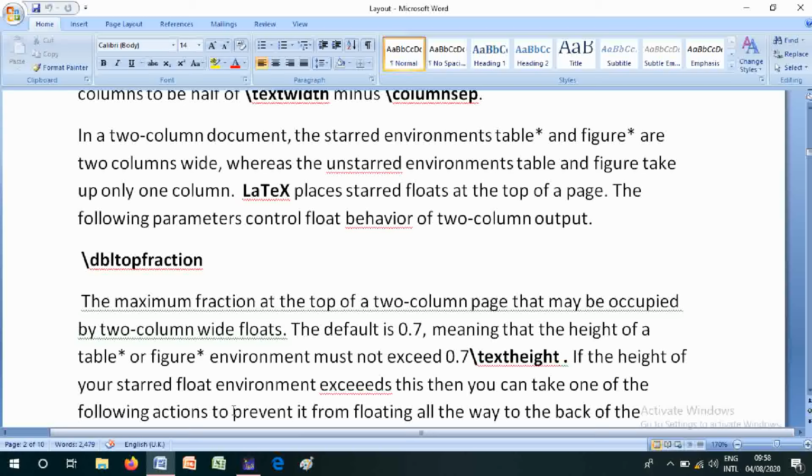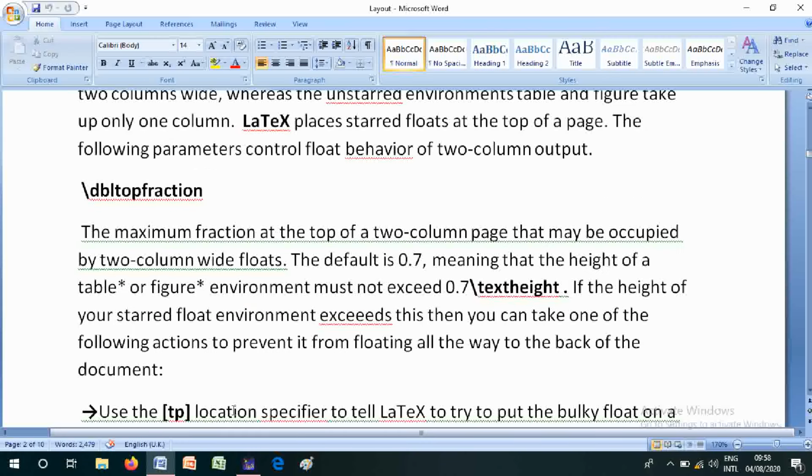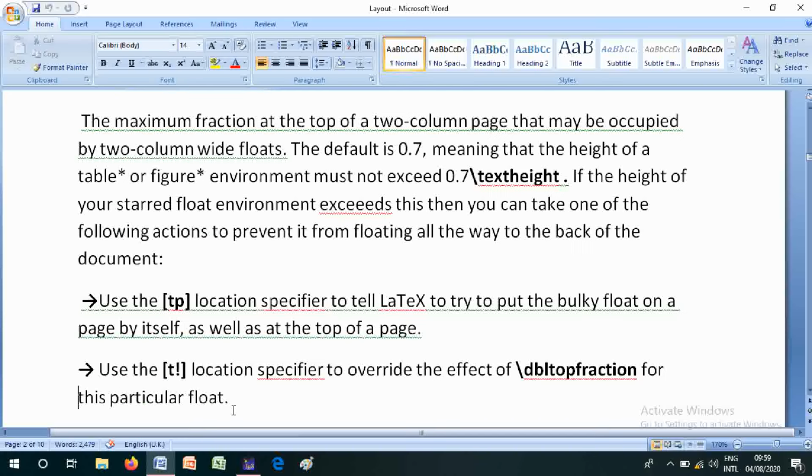If the height of your starred float environment exceeds this, then you can take one of the following actions to prevent it from floating all the way to the back of the document. Use the [tp] location specifier to tell LaTeX to try to put the bulky float on a page by itself as well as at the top of a page. Use the [t!] location specifier